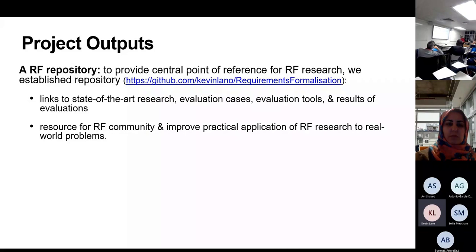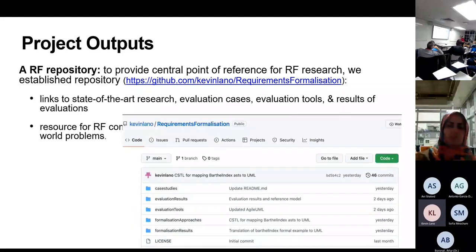We're going to populate it with links to state-of-the-art research, evaluation cases like standard cases, which are usually real requirement statements from actual projects rather than just fabricated ones, some tools for evaluation, and the results of the evaluation, and we might produce a kind of ranking, a score sheet for different approaches. But generally, it's a resource for the requirements formalization community to improve the practical application to real problems. Okay, next slide.